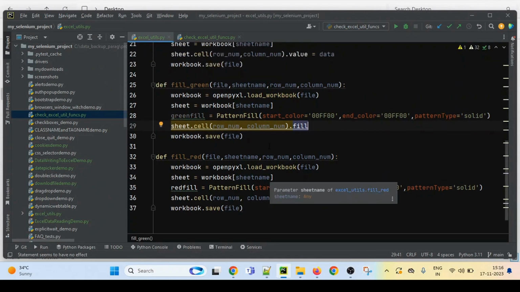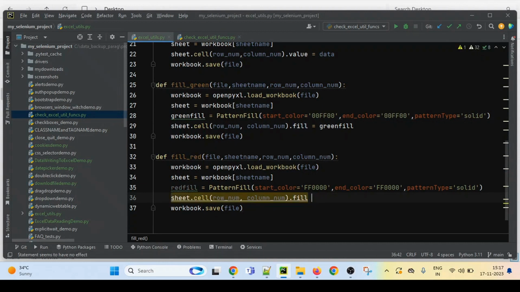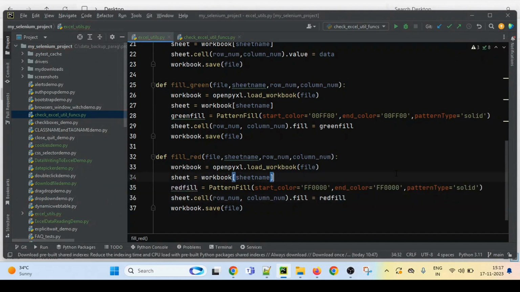So wherever we are filling the color, we have to use dot fill equals to green fill. So we have to put this value here, equals to green fill. Similarly, instead of writing inside this, we have to just use dot fill equals to red fill. So that was the error. So now it should resolve that error.